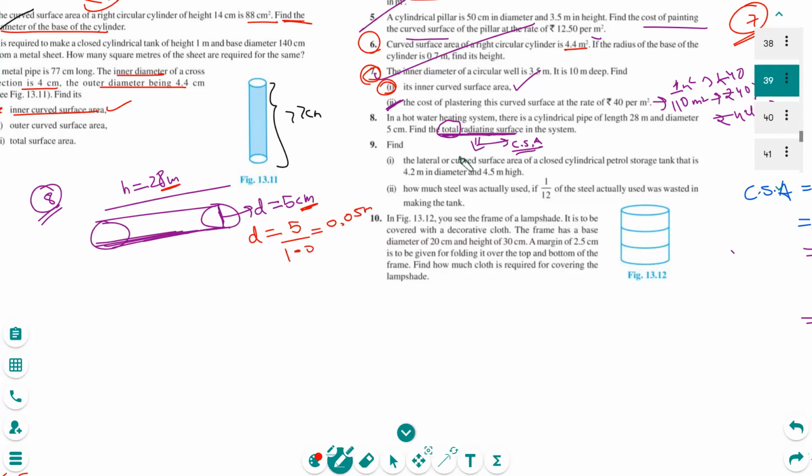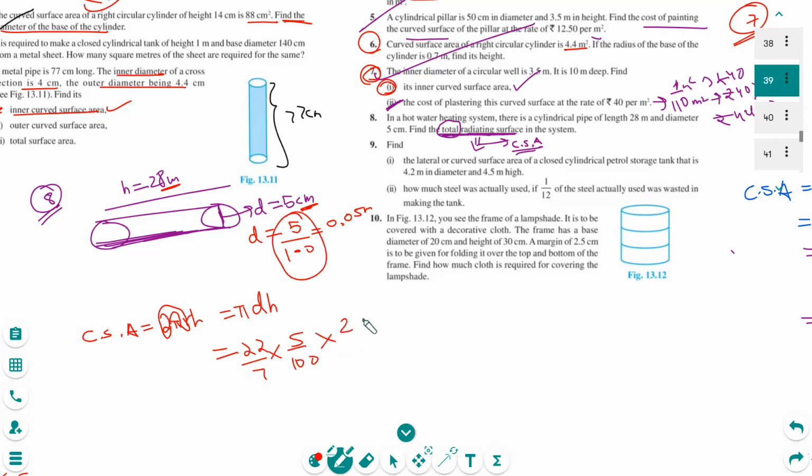And see, we need to find the curved surface area. Whenever there is curved surface area, the formula is 2 pi r h. You actually need not calculate the radius because 2r is actually d. You can write the formula as pi d h, in terms of diameter. So 22 by 7, and instead of writing decimals, how about I use this term only? This will make my calculation easier. Now height is 28, 7 times 4, 4 times 25, 5 times 5, 22 divided by 5 is 4 point.